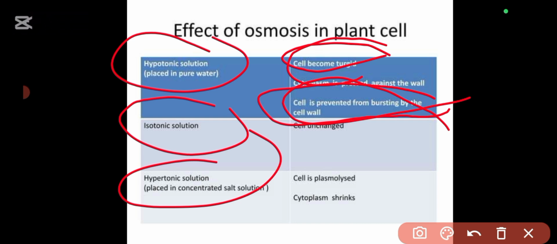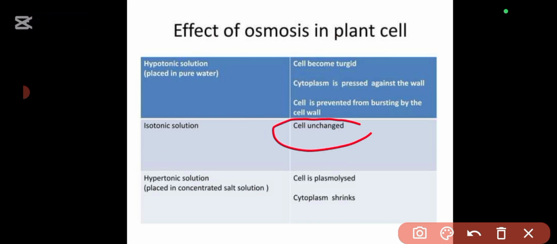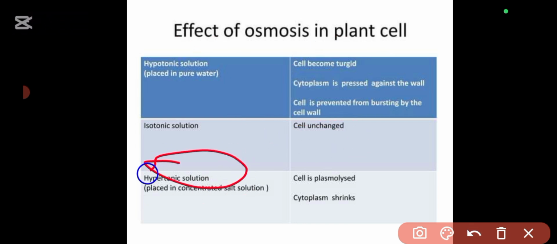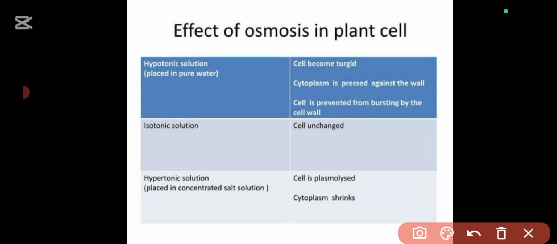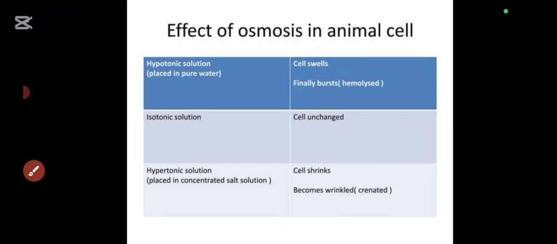So then we have, in isotonic solution, the cell is unchanged. In hypertonic solution, the cell will lose water because the outside environment is saltier. So it loses water to the outside environment, and the cell will become plasmolyzed and the cytoplasm will shrink. Okay. But in animal